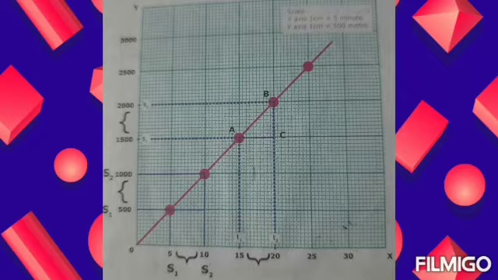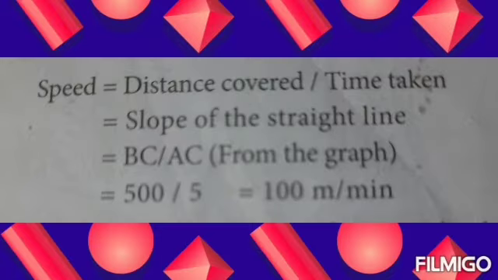So here A, B, C are mentioned for the slope. AC is taken as time, that is t, and AB is taken as distance. Okay, so you know the formula for speed. What is the formula for speed? We have to find speed. Distance divided by time. So the distance is mentioned here, AB. How much is AB given? 500. So time is also given here, time t.